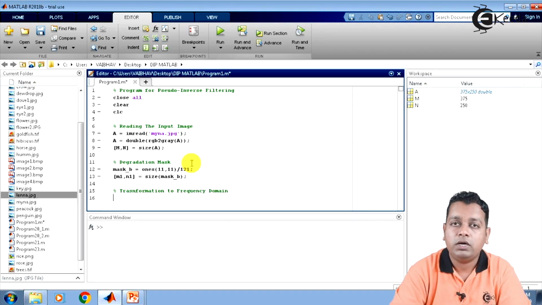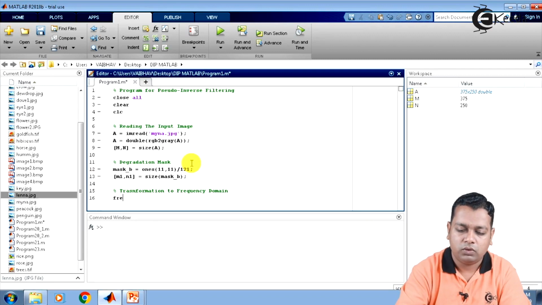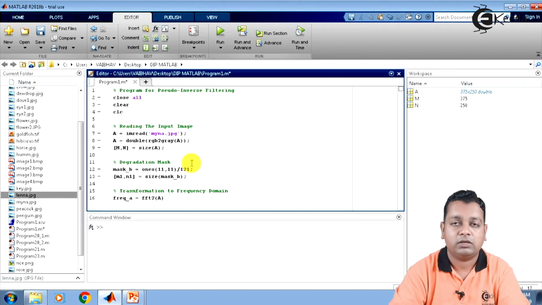For holding the data converted from the spatial domain to the frequency domain, we use the variable freq_a, and it shall be with the fft2 command operated on the variable a that has held the details of the original image in grayscale and double type.